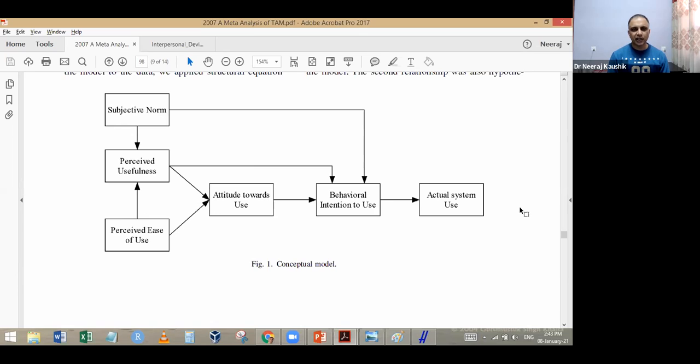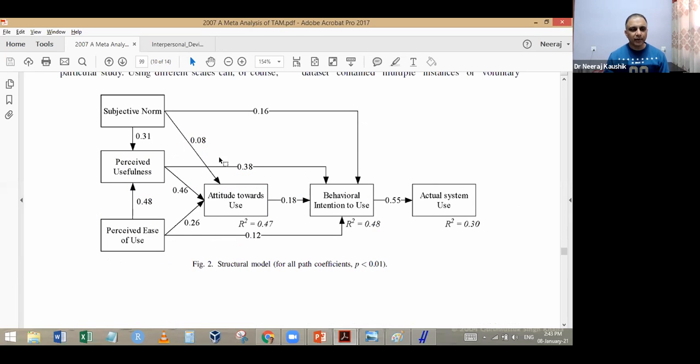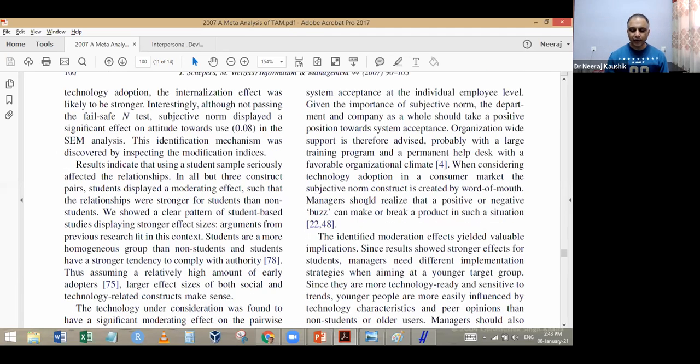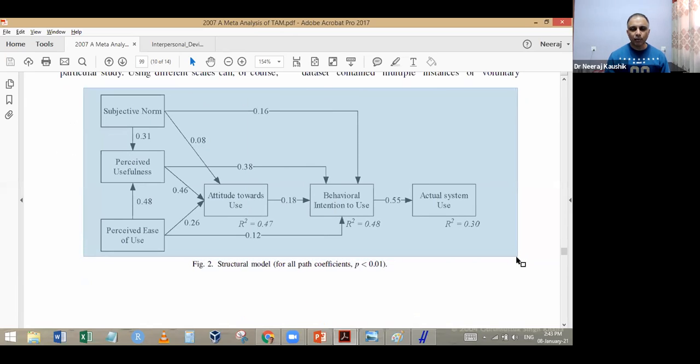So data entry is done in a different way. There is a complete procedure for that. And it always gives you, for example, just see there, they say subjective norm has a relation with this. Now this is the same output which is given by Amos. And then they put it, a very significant relationship was observed. Hence, now we have all the reasons to believe that subjective norm should be an integral part of